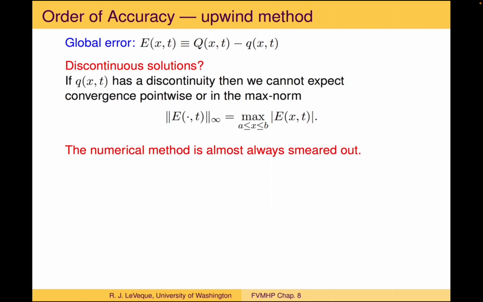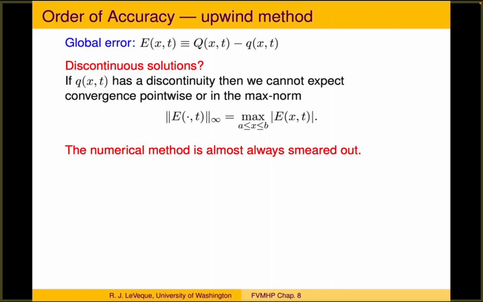So the sort of result I just mentioned on the previous slide was that we could hope for smooth solutions that this global error is actually going to zero pointwise at every point, that this might be converging to zero for all fixed x and t as we refine the grid. We might hope that's true, and for smooth enough solutions you can prove that that sort of thing is true. And if that were true, then that would also mean that if we look at the infinity norm of the solution at a fixed time,